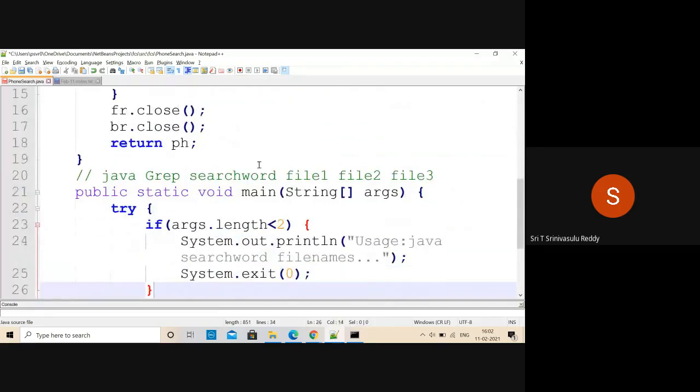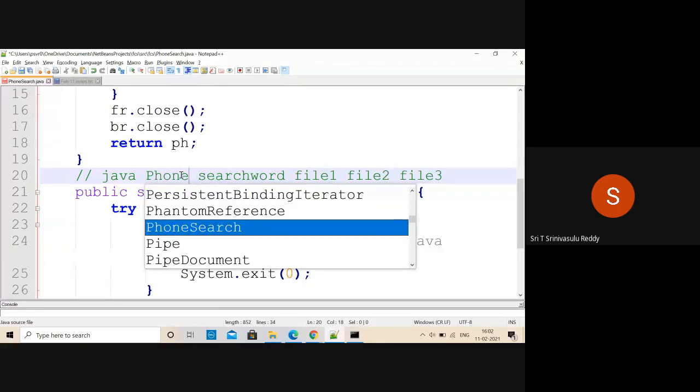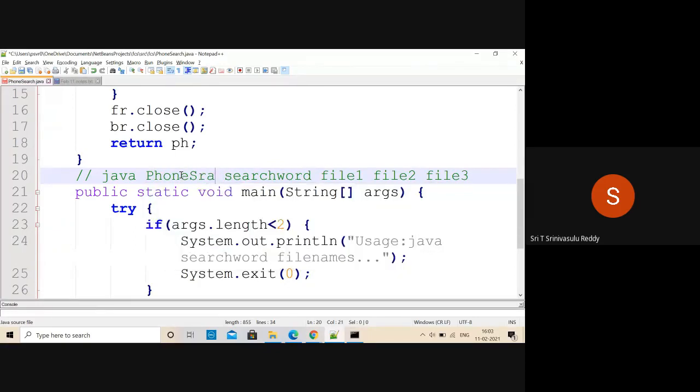It's not this. This is actually PhoneSearch. PhoneSearch. And after that, what is to be specified? Only a file name. What is the file that contains the list?